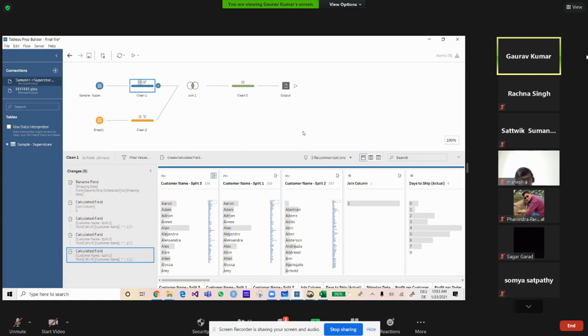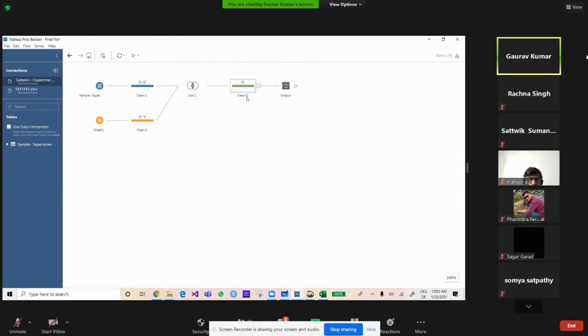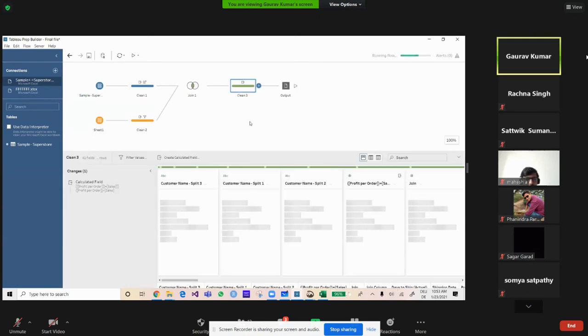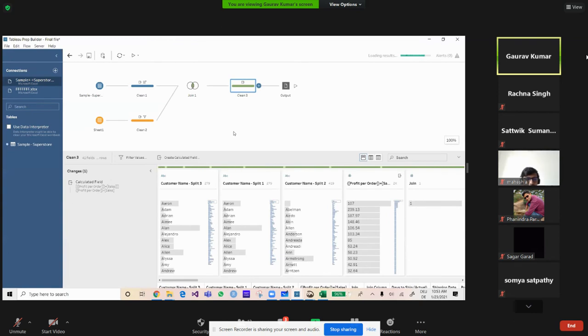But imputation and such you have to do with code, or else you have to integrate this tool with Python or R. Only then will you be able to do these things. So what I will suggest is, I will give you one link in the group, because there is always a competition going on, weekly or monthly. There is a competition organized by Tableau only. They will give you a data set and problem statement, and you have to come up with your own solution and upload it.